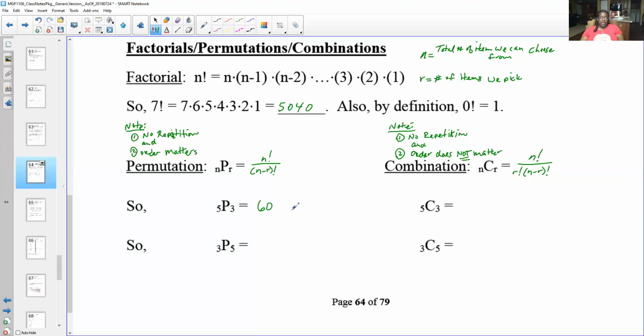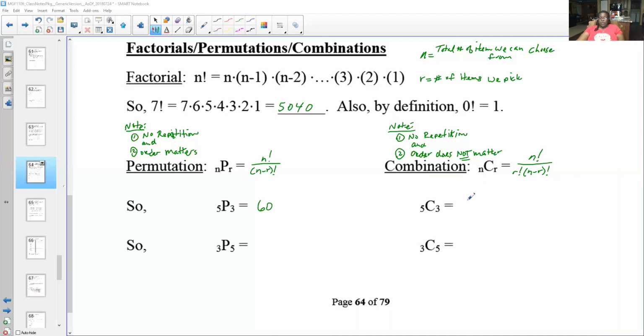So we have 60 ways that we can order these 5 items, taking them 3 at a time. What happens when we take those same 5 items, but we do combination 3 at a time? So now I want to take 5, go to my math, go into probability, come down to combination, get my button, choose 3, and then enter. Look at the difference. So now we see there's only 10